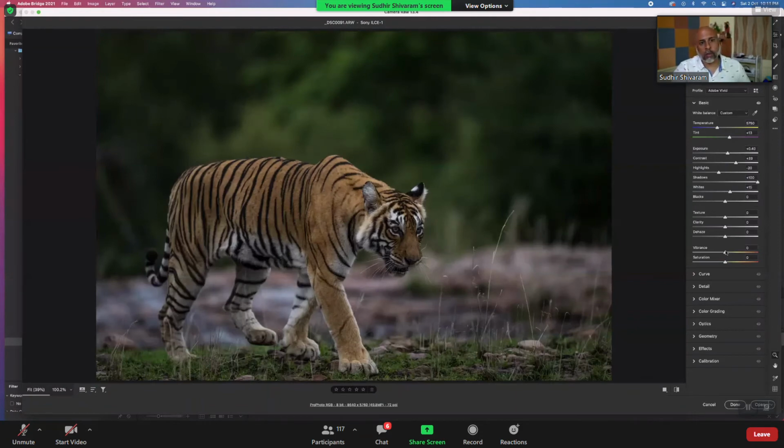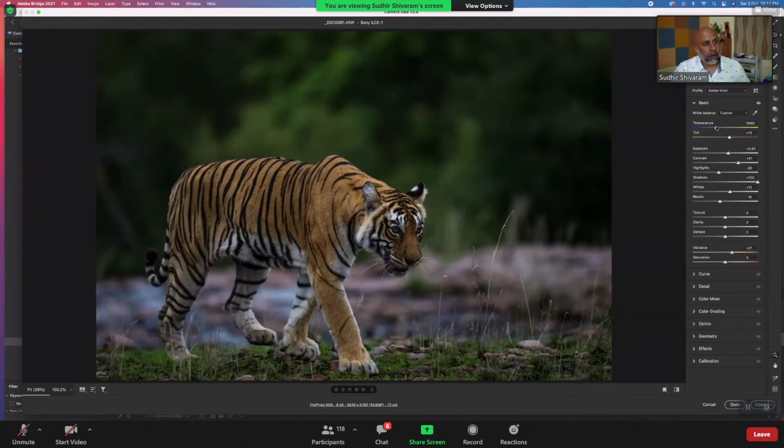Once I make these basic adjustments, I increase the vibrance to get nice colors. Then again I play around with the contrast a bit, the exposure a bit, and the temperature if it is too yellowish.